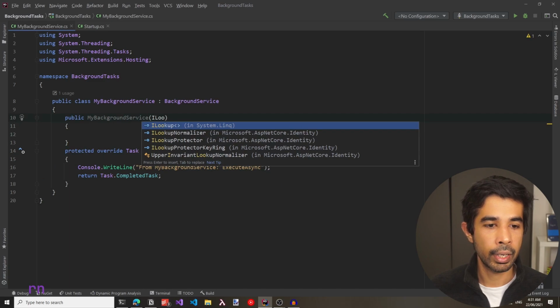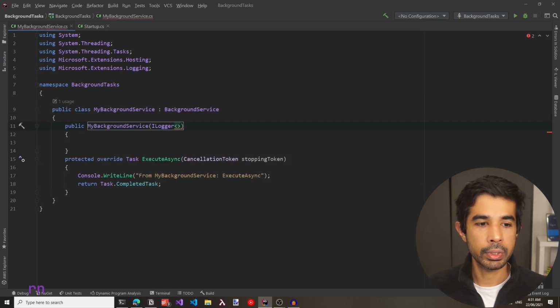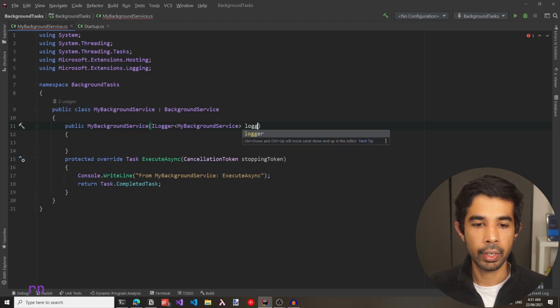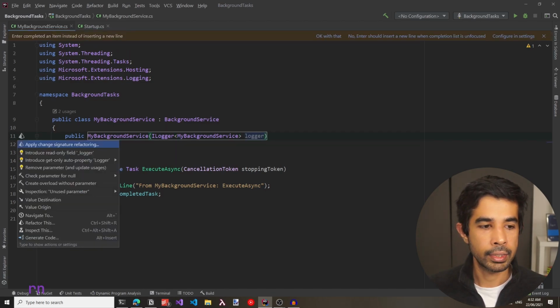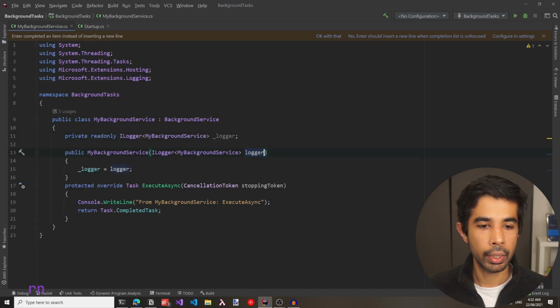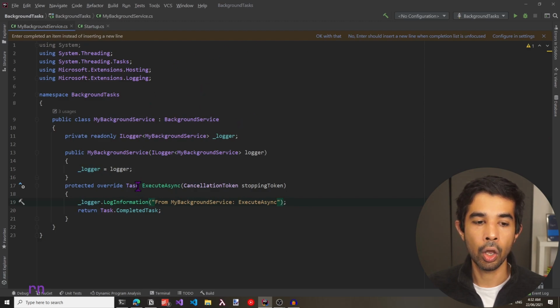So I can specify ILogger and also specify the class, which is the category type in the logger, and specify logger as the name. Let's create a backing property, so create _logger. Now instead of the Console.WriteLine, I can now use _logger.LogInformation. Now I have injected in a logger as a dependency to my background service.